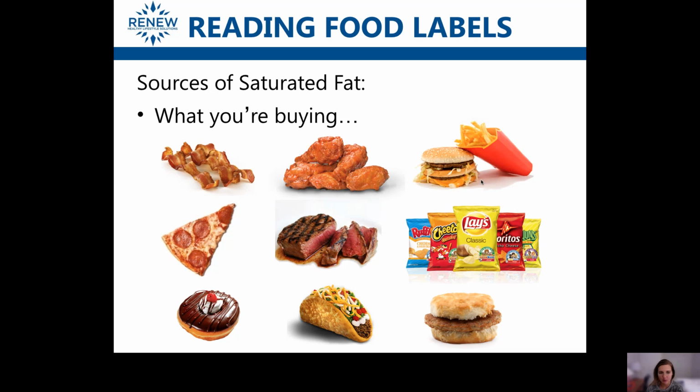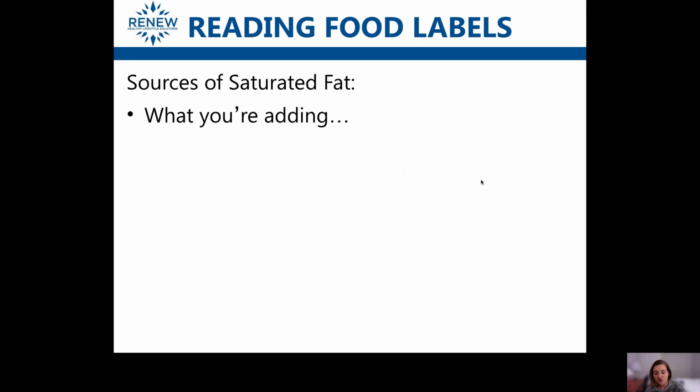So just for example, maybe doing turkey bacon as opposed to regular bacon, baking your chicken as opposed to frying it, cutting potatoes into wedges as opposed to eating fries. This cut of steak, getting a leaner one, such as a steak round, as opposed to a fattier steak. There's all kinds of ways you can work on reducing the fat in things that you're buying, but don't forget